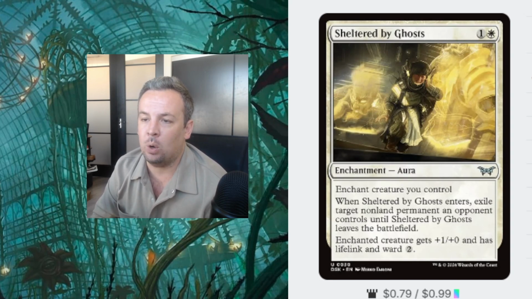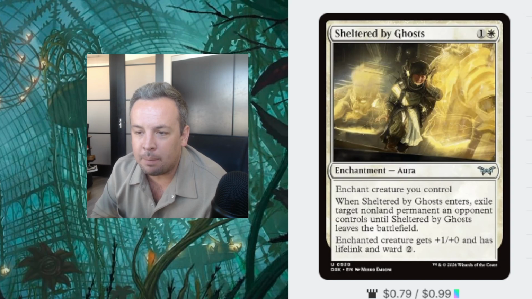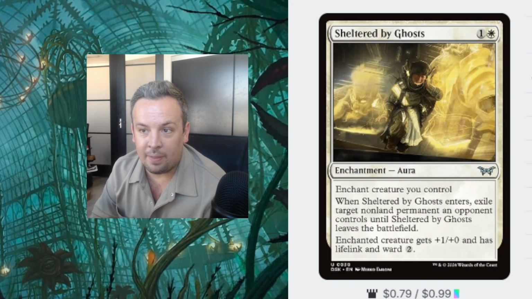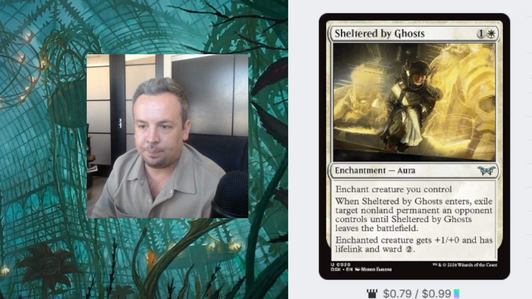2 mana enchantment aura and enchant creature you control. When it enters, exile target non-land permanent an opponent controls until this leaves the battlefield. So you're telling me we can kill anything, artifact, enchantment, temporarily, insane, until this leaves. And they have to kill an enchantment, right? Or I guess the creature it's on, right? But that's insane. And it's a 2 for 1 because we took their best thing for 2 mana, and